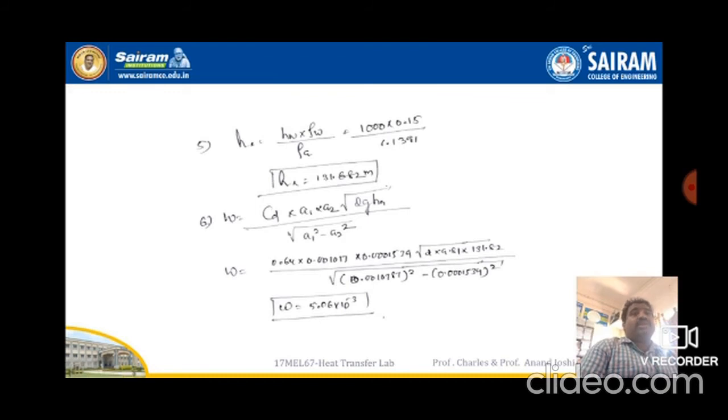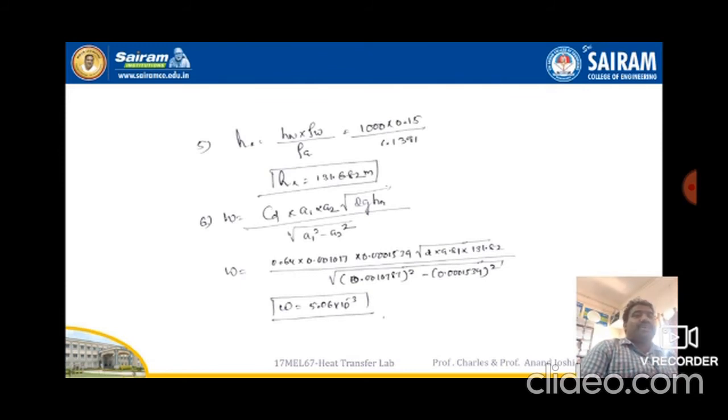transfer coefficient. So before going to heat transfer coefficient, you have to find out what is the head. So HW, head of the water, times density of the water divided by density of the air. So you will get head of the air, you get it. So there is a 131.628 meter. So now you calculate omega,